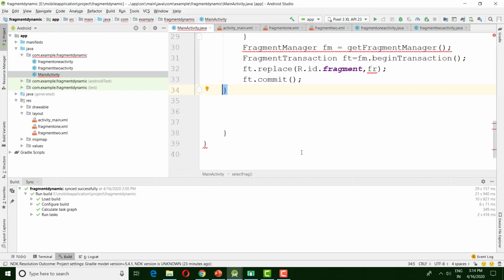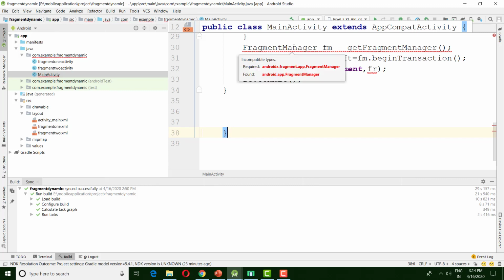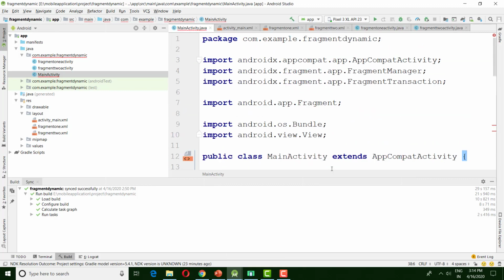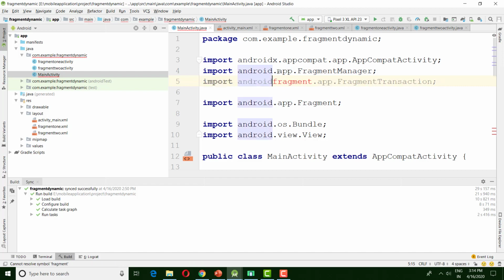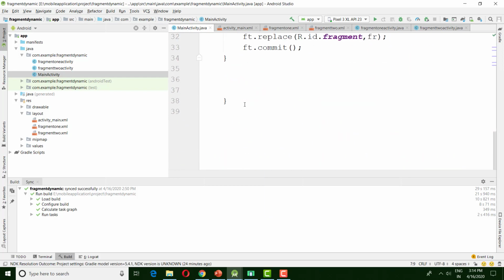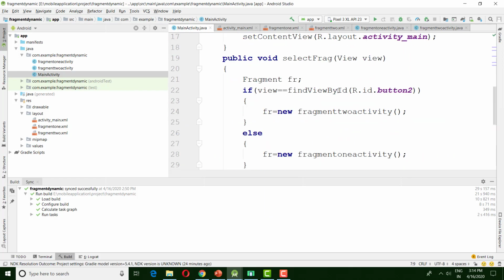Now solve the error. Change everything to android.app.FragmentManager. That's it. Now run the project.